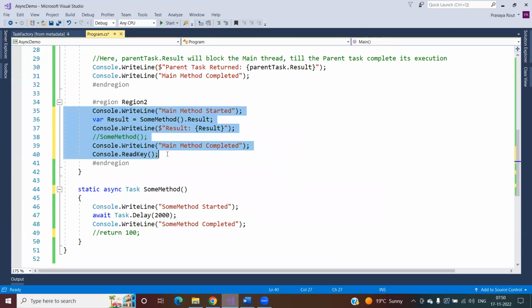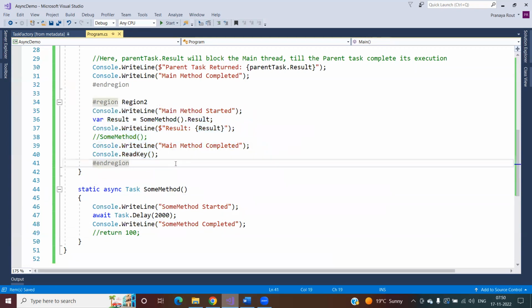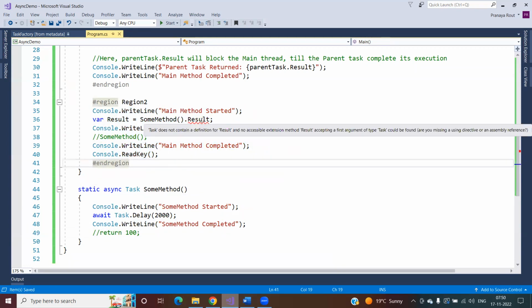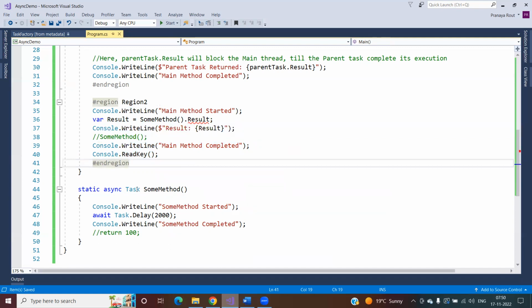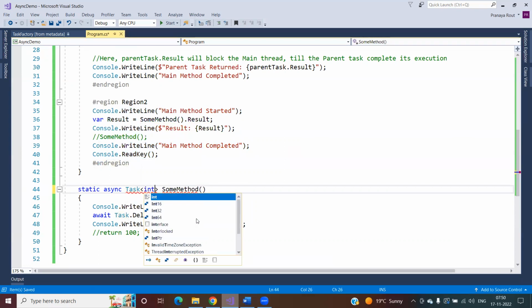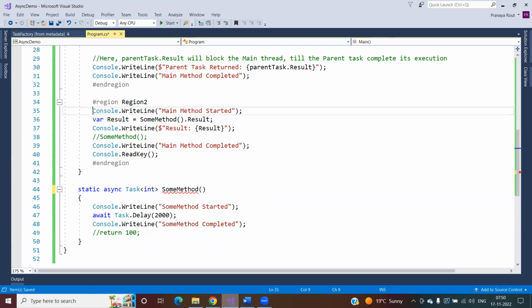If it's a value type task, you cannot simply return this Result property. Why? Because this method doesn't return anything, so what would it return? Only when your task is returning something can you use the Result property. Clear,